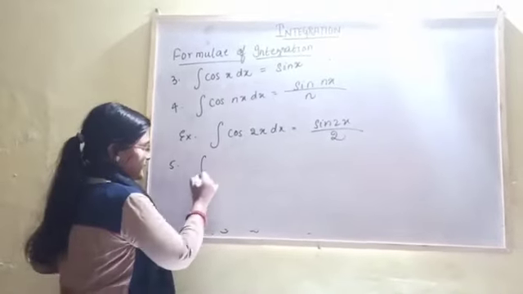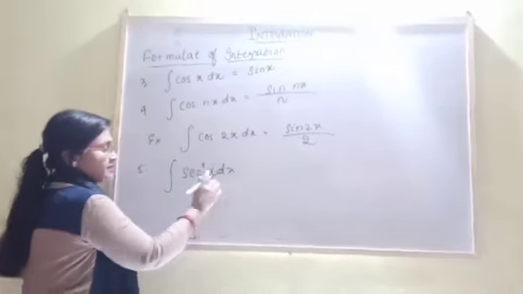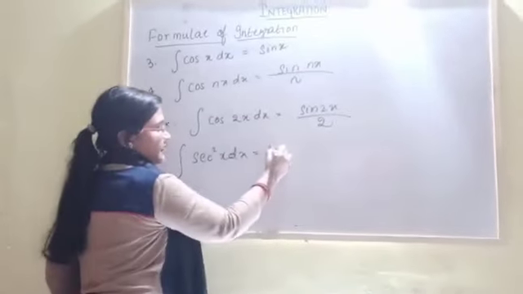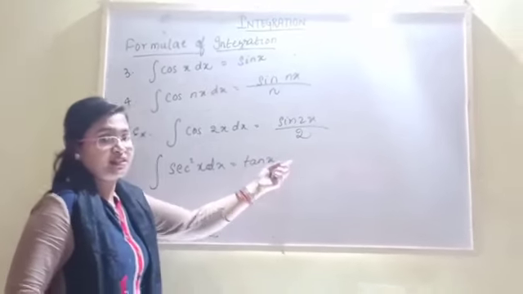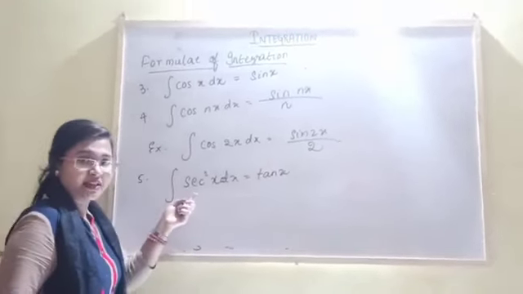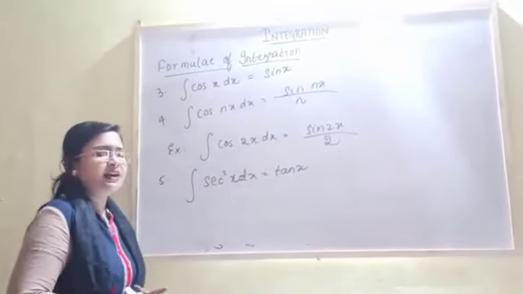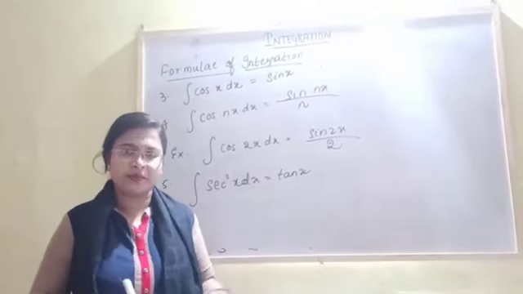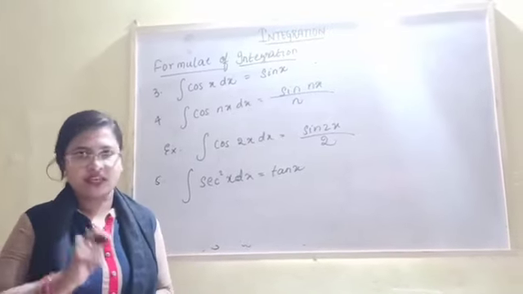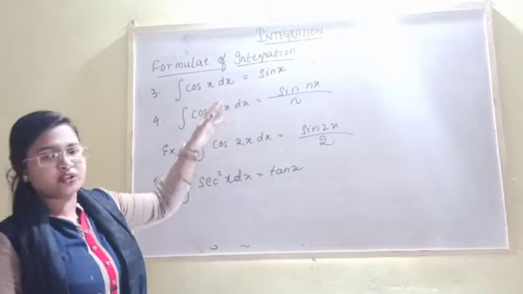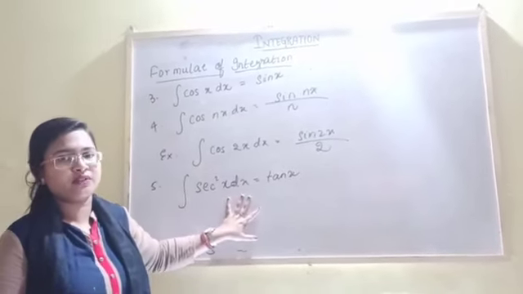Lastly, integration of sec square x dx is tan x. If you have remembered, the differentiation of tan x with respect to x is sec square x. So integration of sec square x equals tan x. There are not so many functions which can be integrated. There are only some specified functions which can be integrated. In trigonometry, I have given only these formulas which are important in your physics. Otherwise,